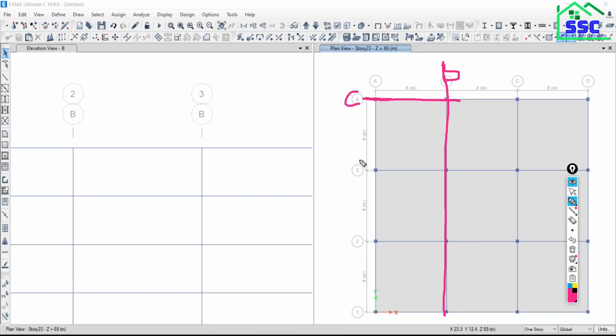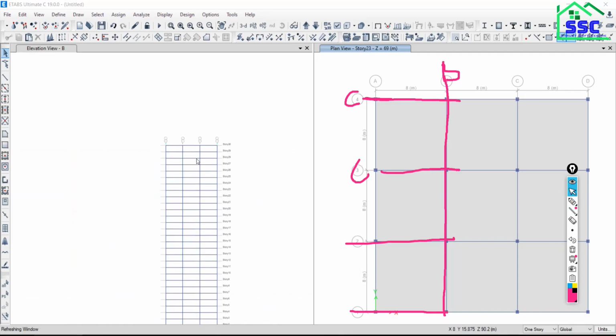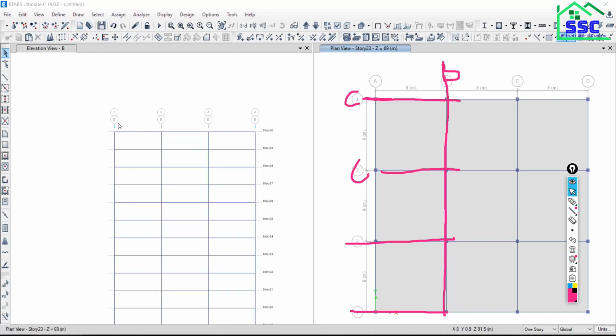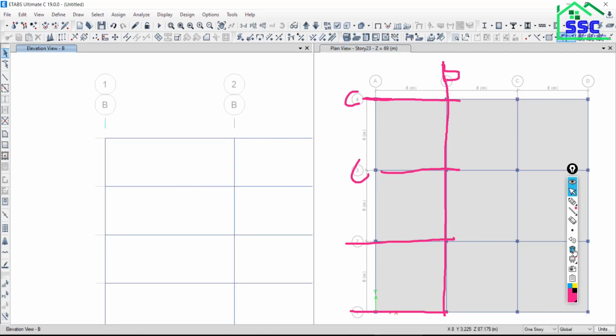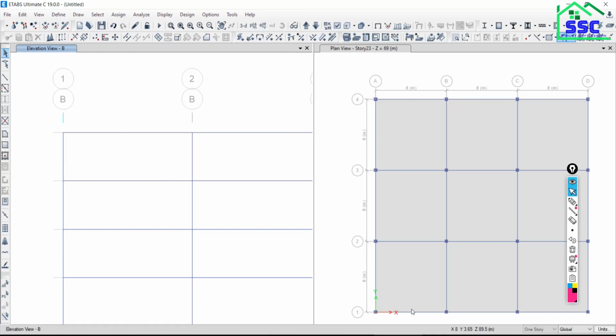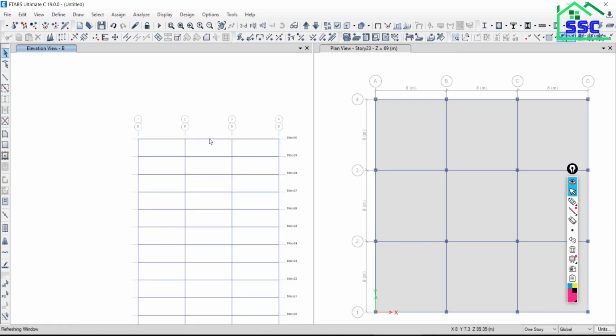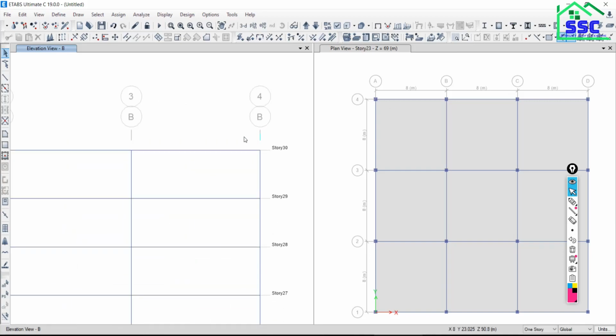B intersection of 3, B intersection of 2, B intersection of 1. So that is actually given here. Is it visible? Yes, sir. This elevation is from this side, so B1, B2, B3 and B4. Is it okay? Okay, sir.